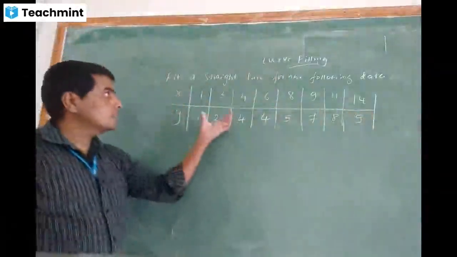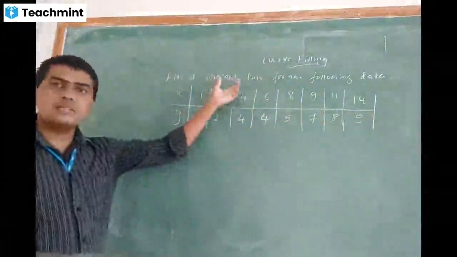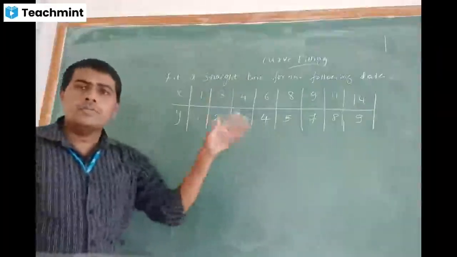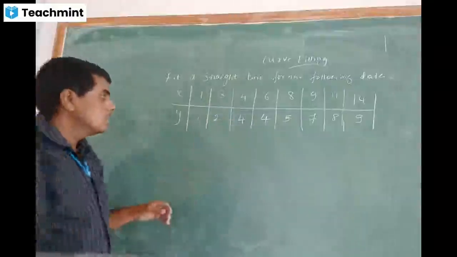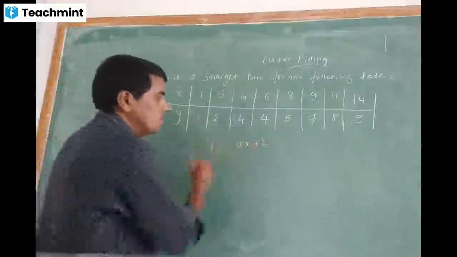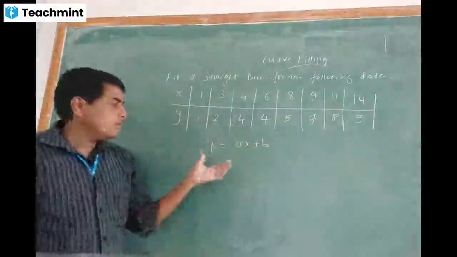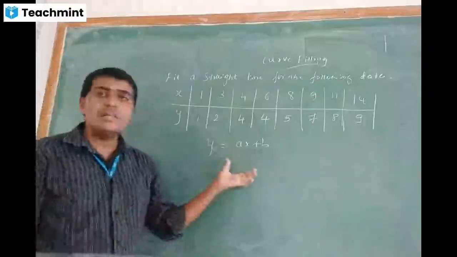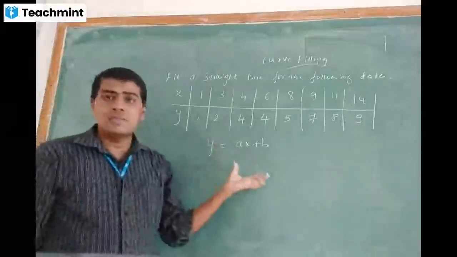For this particular question, they have not given the equation of the line, so I can assume it in the form of either y is equal to a plus bx or x is equal to a plus by. That is okay. So first consider y is equal to a plus bx. Now what I am telling you about y on x, you are not supposed to forget, because easily you can get 13 marks from this.